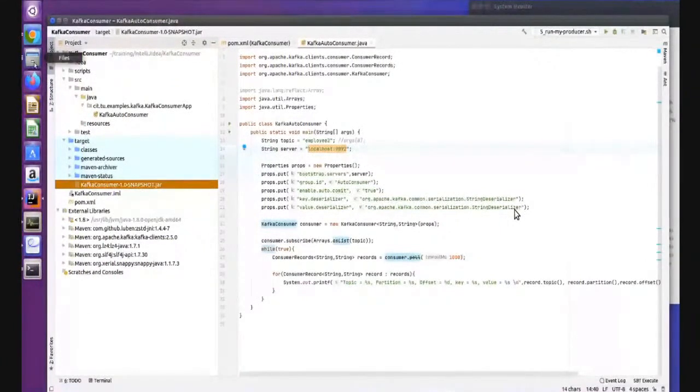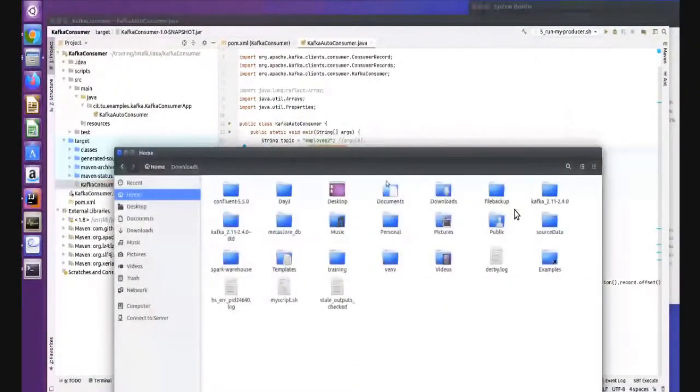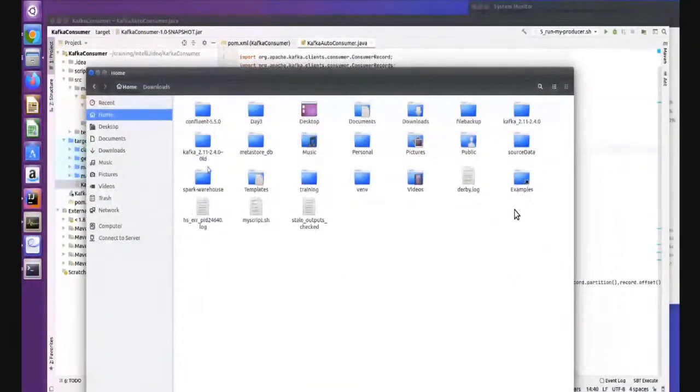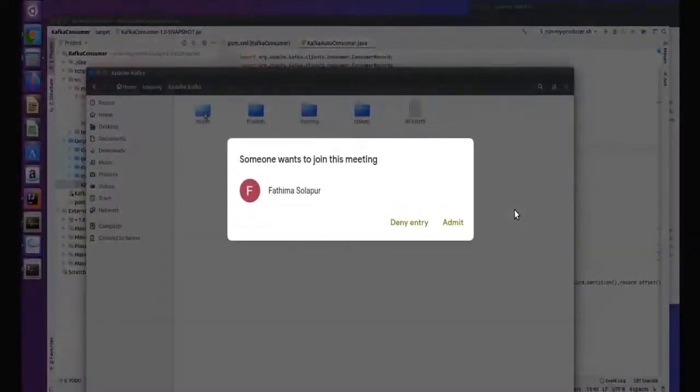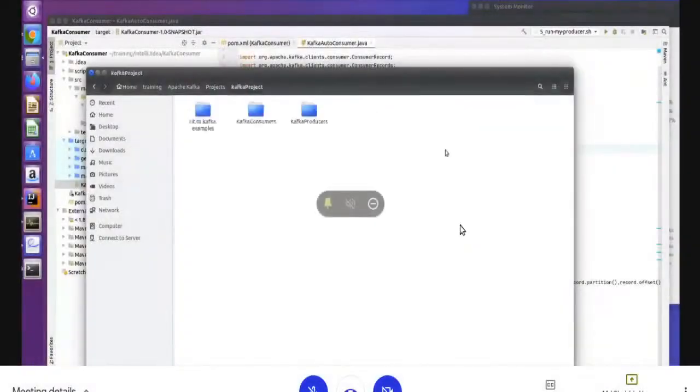So let's see something here first. Yes, I have created one jar here for the producer, right?